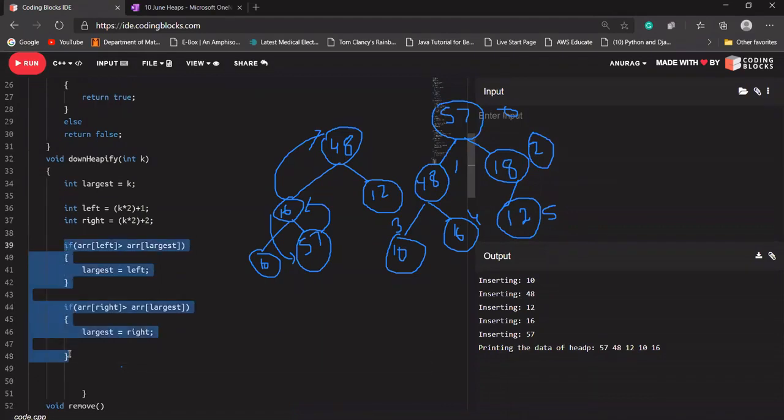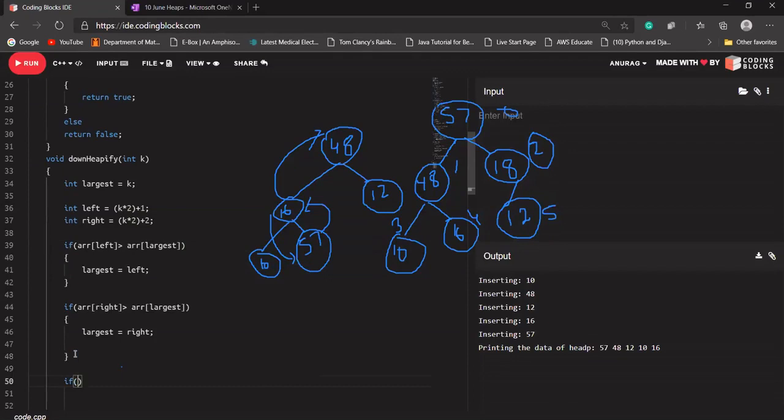So in largest, I'll have the index of the maximum value. Let's say in this case 12 is here, 48 is here, and 18 is here. So in largest, I'll get the index 1.